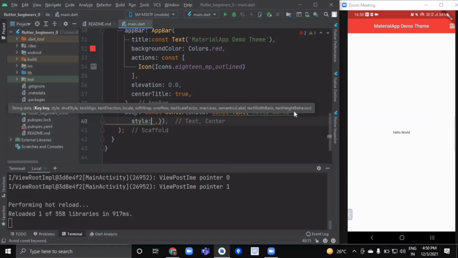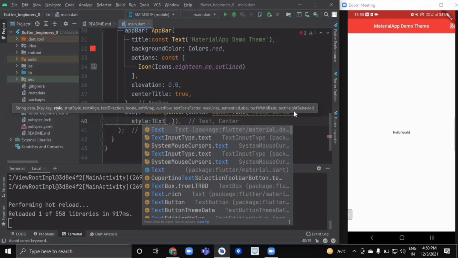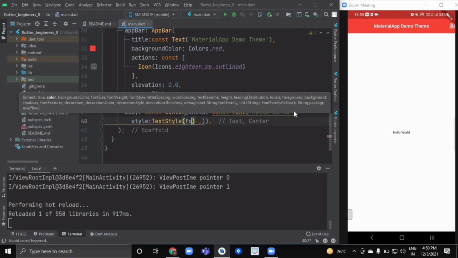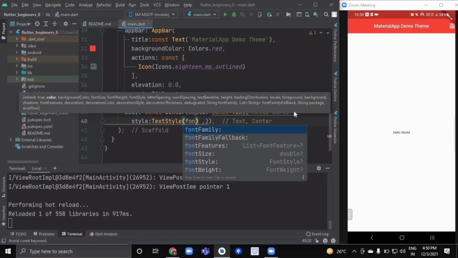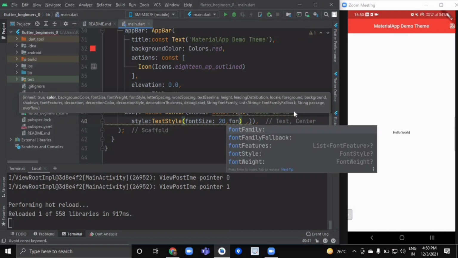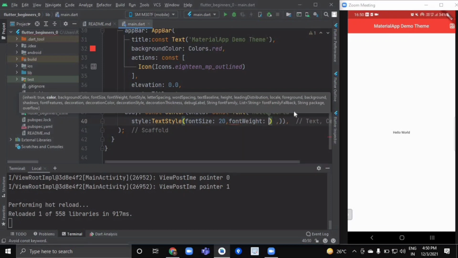If you want to provide some style, then you can write text style. And over here it will give you a list of options like font family, font size, font weight, etc. So let's make it font size 20 and font weight we will make bold.